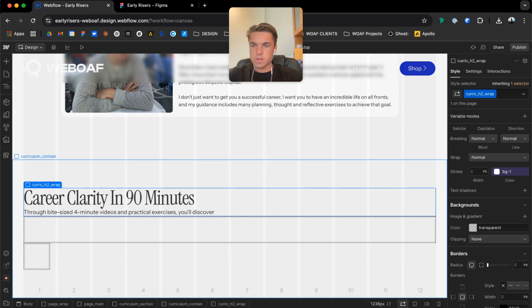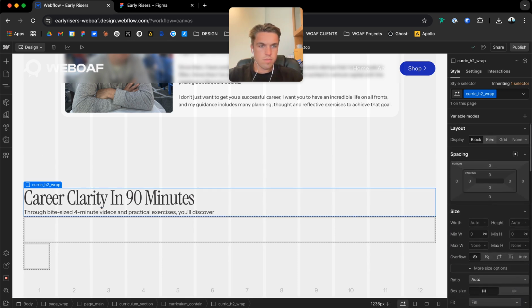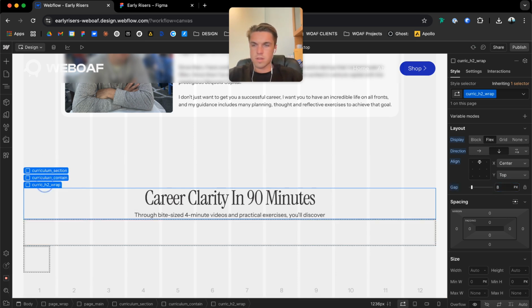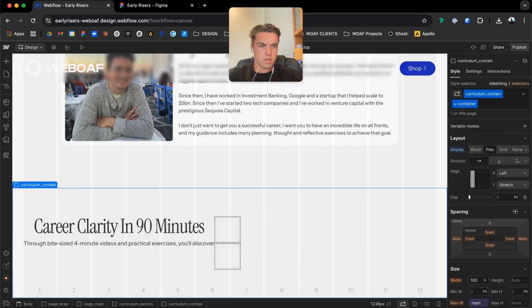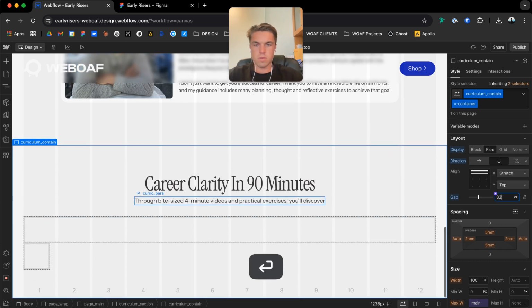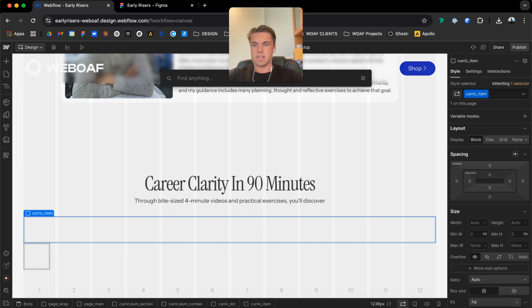So this one, I'm gonna do middle, boom, just do like 8 picks, and then with this I'm just gonna make this, and then in here this is an item,